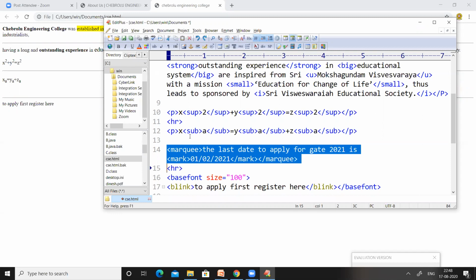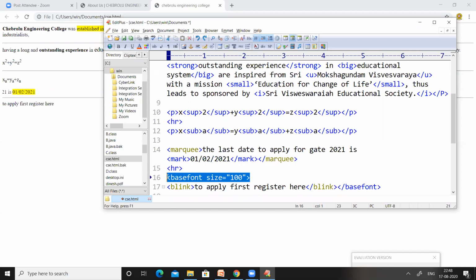In the next classes, we are going to work on cascading style sheets, the second part of unit 1. In the CSS cascading style sheet document, we can apply this base font tag, and there I can show you the usage of it. This base font tag is not applicable in HTML5, so if you want to use it, we have to go for CSS. We can see this base font tag in the next coming classes of cascading style sheets.